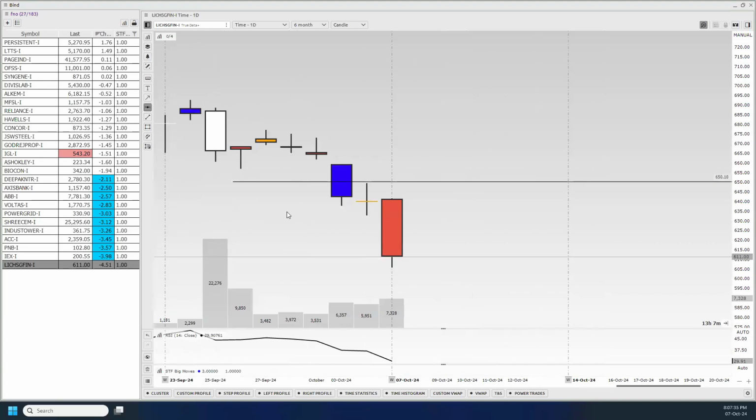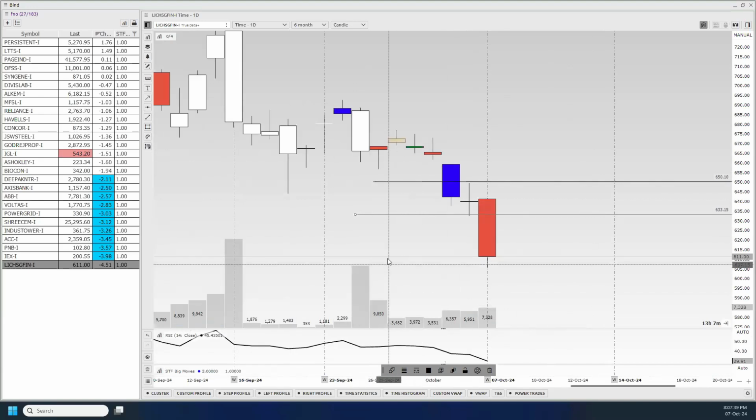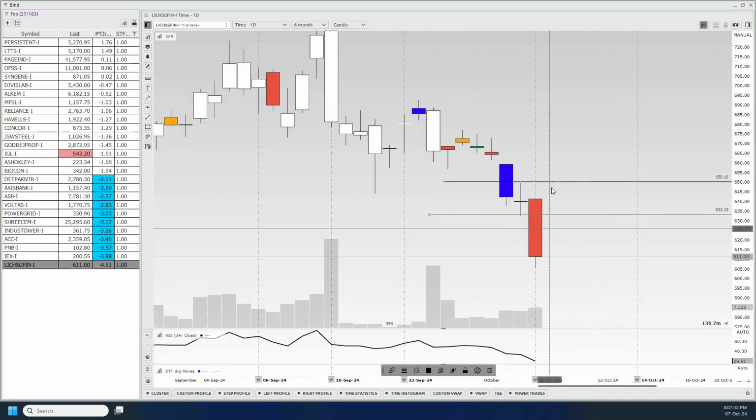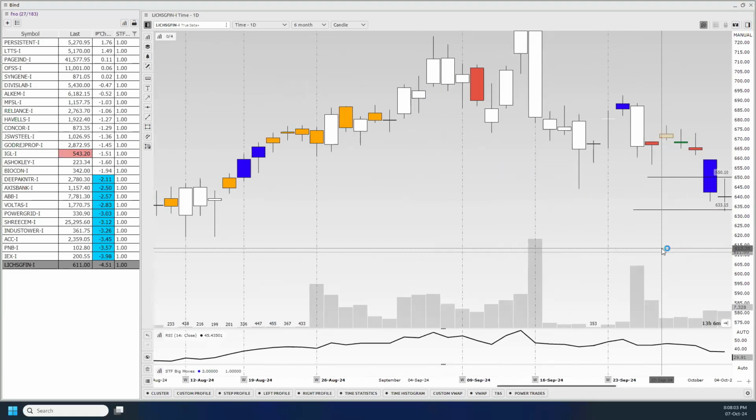Now you tell me, guys, if you would be trading this particular stock based on the yesterday filtration, would you go long or short? No, why short? The jackpot is happening at the bottom. You should be going long, boss. Right? So here the jackpot is at the bottom. See, you guys, I don't know.